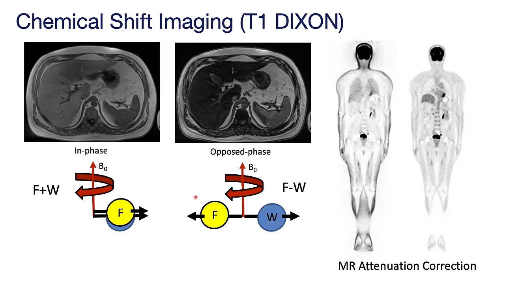Well, the method used is chemical shift imaging, where you compare an image where the signal from fat and water are in phase to an image where fat and water signals are out of phase, simply by altering the timing of the measurement. And so here we have an example of a patient in phase image of the upper